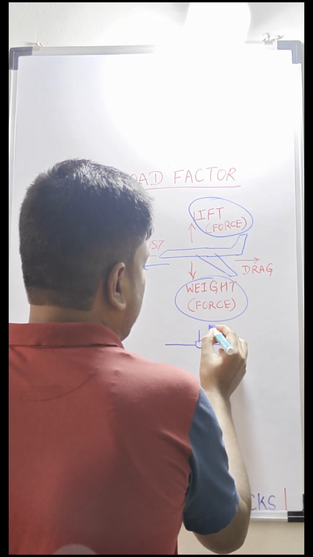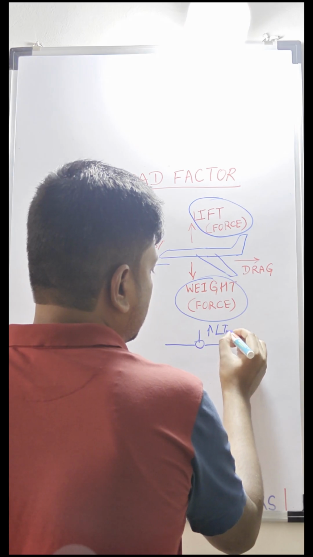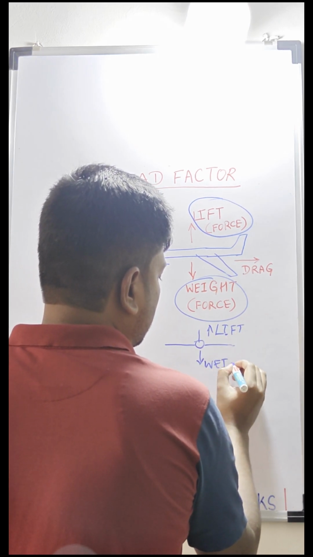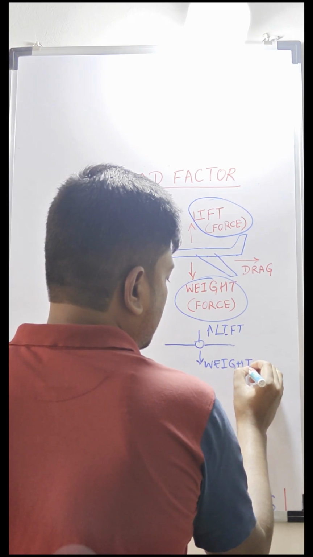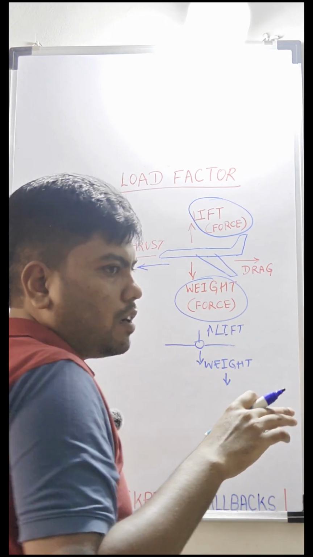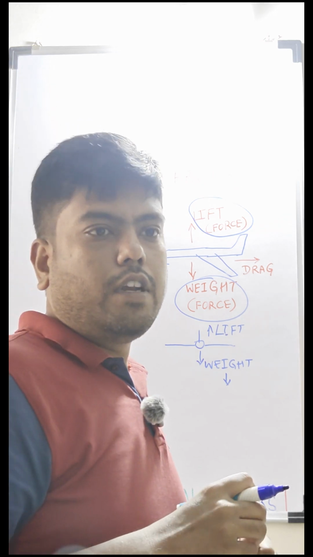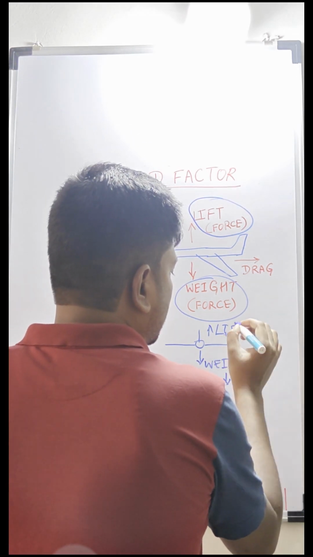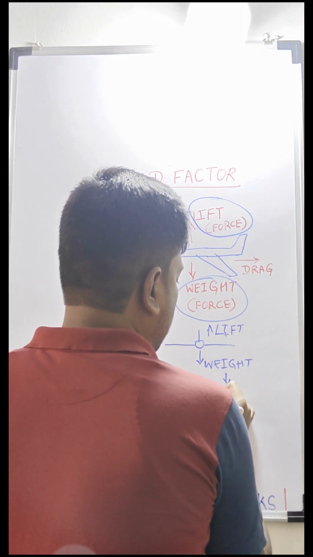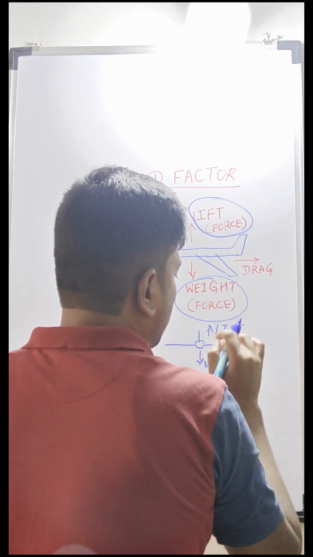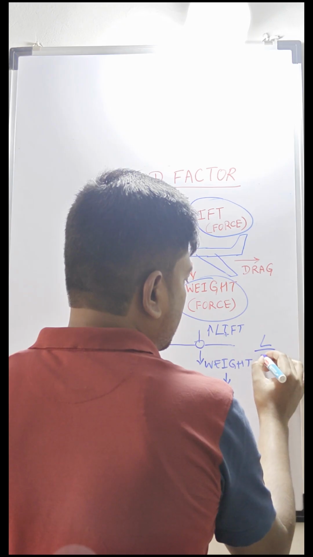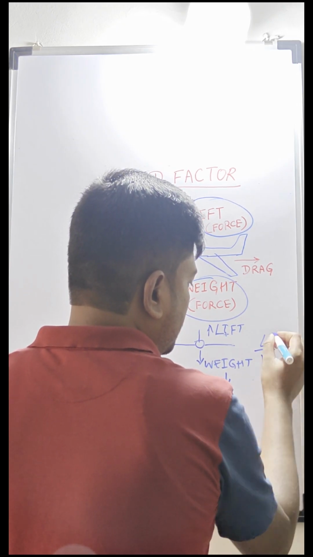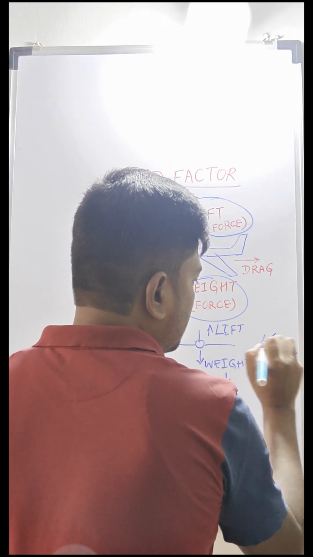So the lift acting upwards and the weight acting downwards are roughly the same, approximately the same. So in level flight, when we write lift upon weight, lift and weight are almost equal, so they cancel out each other,